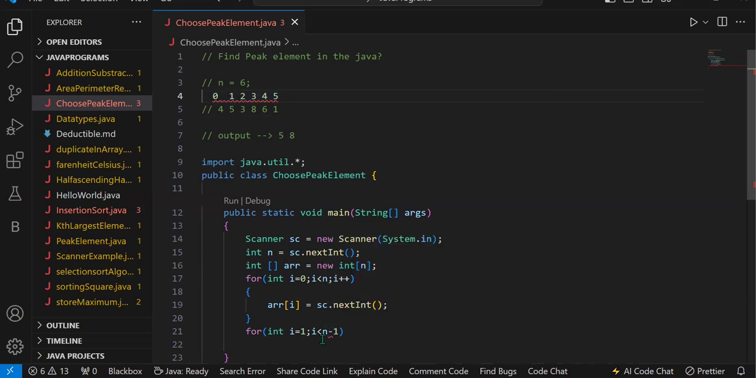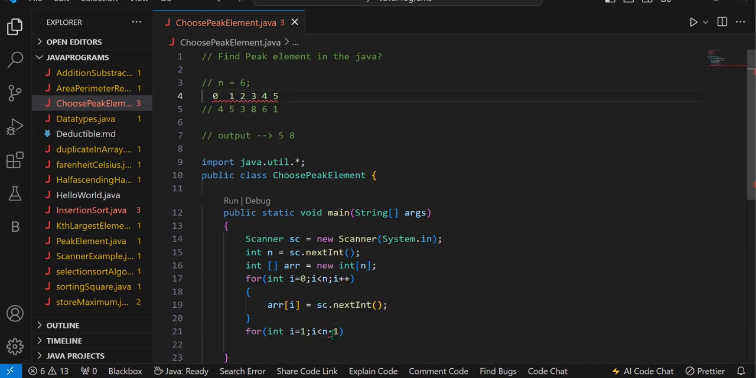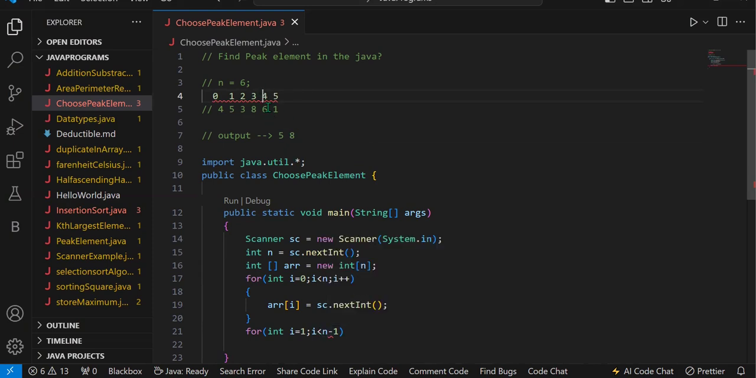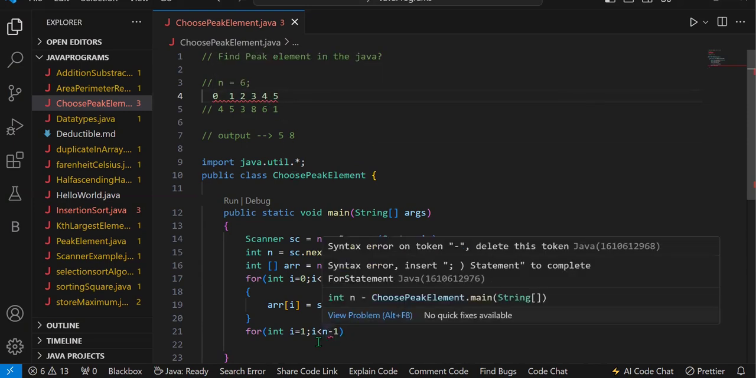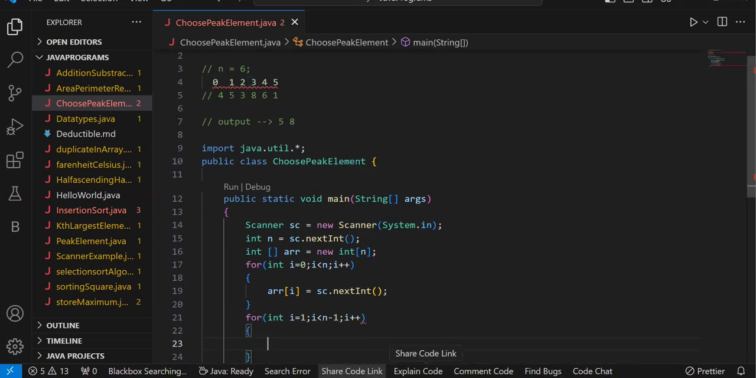So I'm taking less than n minus 1, which means I have to compare 4 with 5, right? So less than means I'm not considering n minus 1 value, right? So this value will be compared with this value. So that's why I'm traversing until n minus 1, right? I hope you understand. So after that I will do I plus plus, then I will open the for loop,